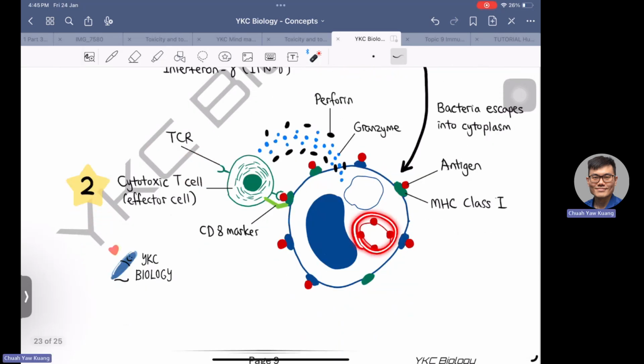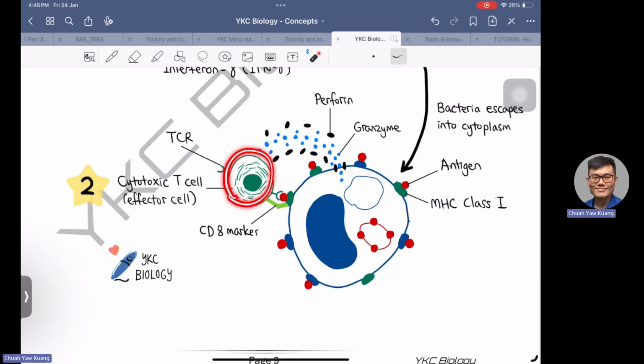When these bacteria escape into the cytoplasm, it will cause the phagocyte to present their antigen on the MHC class I molecule. The cytotoxic T cell that is already activated will recognize this antigen presented on the MHC class I through its T cell receptor. Once it recognizes the antigen, at the same time, it will use the CD8 marker to double check. The CD8 marker will bind to the MHC class I molecule, and with this double confirmation,